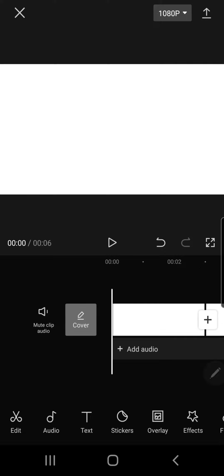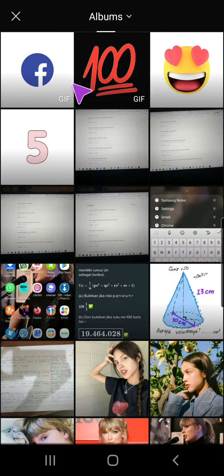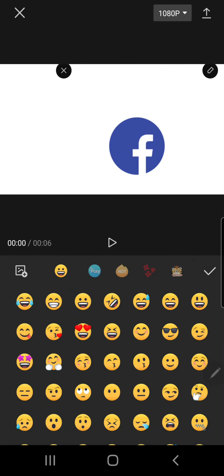In this video, I'll be showing you how you can add GIFs to your video on CapCut. And to do that, you are not going to select anything and click on the stickers tab and press this image button right over here. And then you are going to select the GIF you want to add, for instance this one,